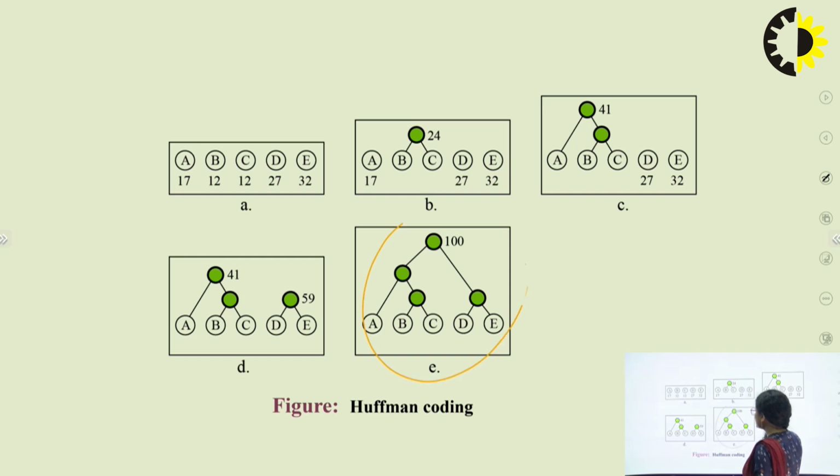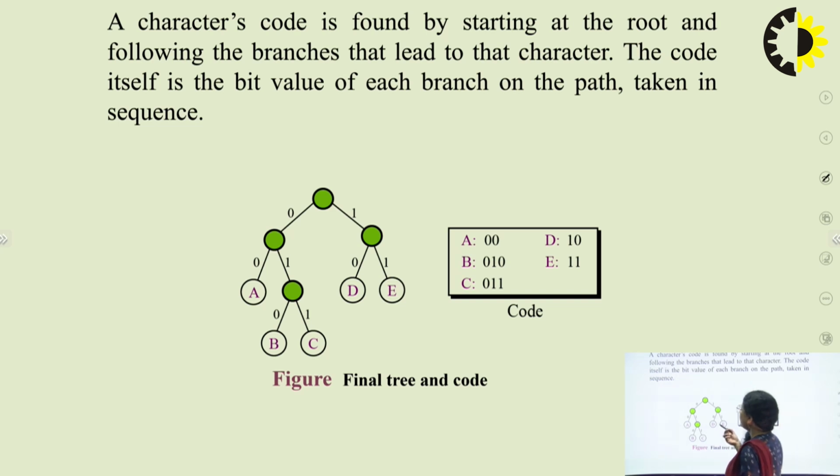Finally, once we have taken care of all the characters in the frequency table and the entire process is completed, we come up with a tree-like structure with a root node followed by a number of paths. Now, after this tree is obtained, we start numbering the edges of the tree. Based on an assumption, the left edge coming out from every node we number as 0, and the right edge coming out of every node we number as 1, and we follow this process for all the edges in the tree.